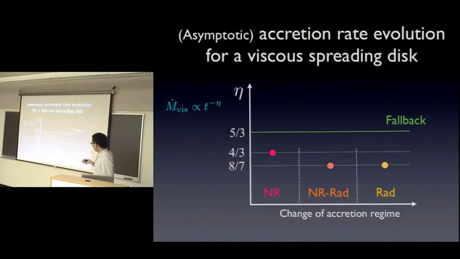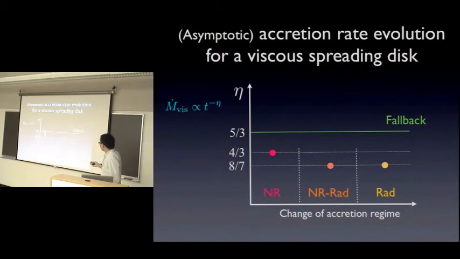After you take all the accretion phase changes, the regime changes, into account, the outcome will be like this. Here, this is the temporal index for the viscous spreading accretion rate, and this green line is the fallback rate temporal power-law. You find that for all three accretion regimes, the viscous spreading accretion rate temporal power-law is slower or shallower than the fallback rate power-law. Once you take into account the wind loss,